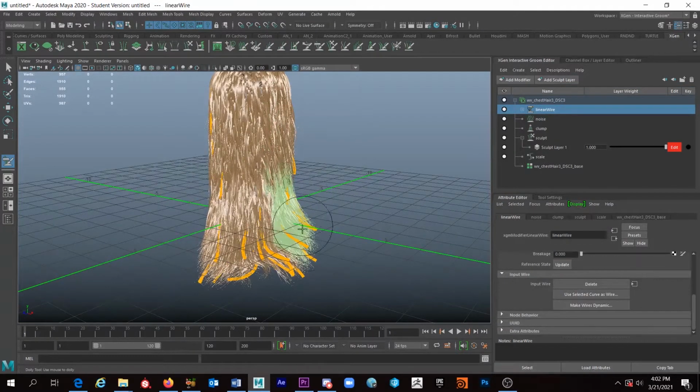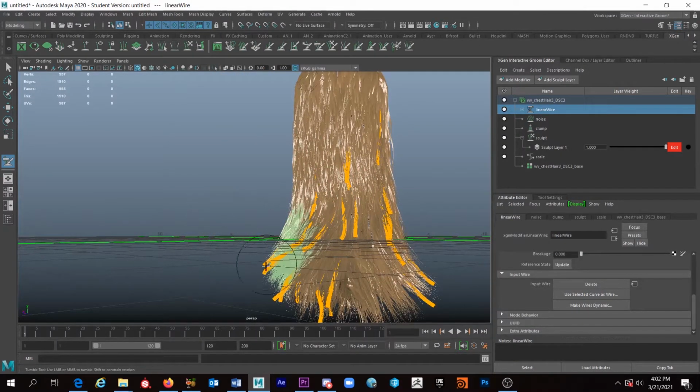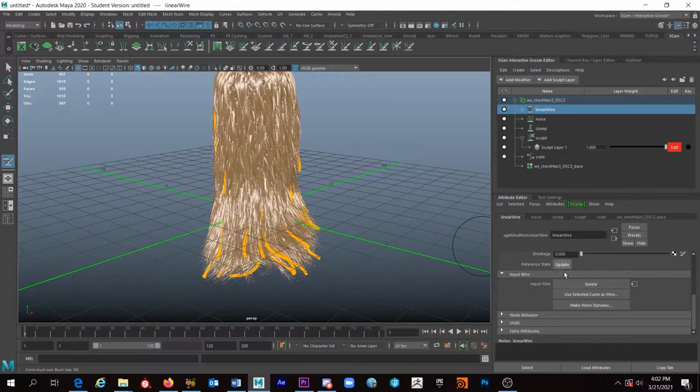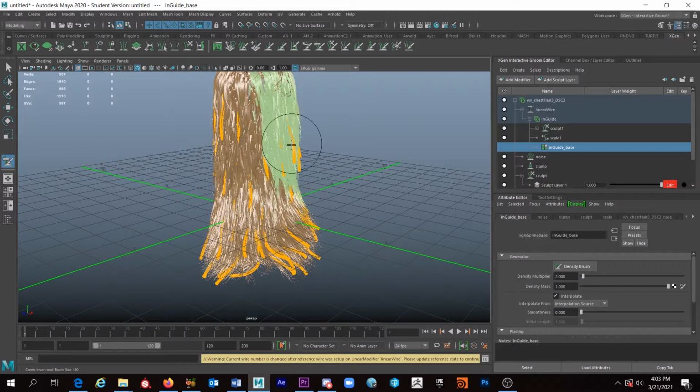What that has done is it's created splines that match our hair. However we've brushed out, you can see at the bottom I have this kind of flared out look where those splines are following that. We can actually increase the density of that by coming to this in-base guide, and we can put the density multiplier to 2. So it's going to create